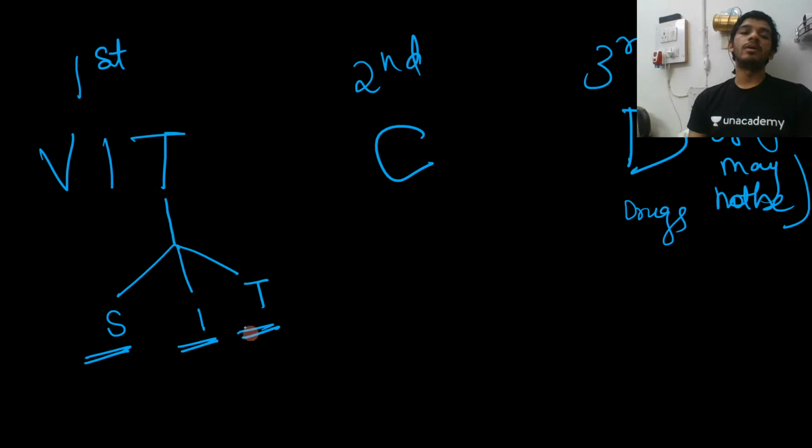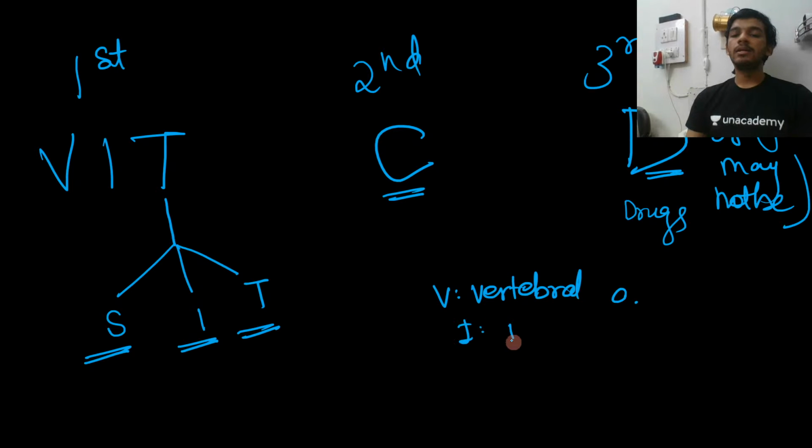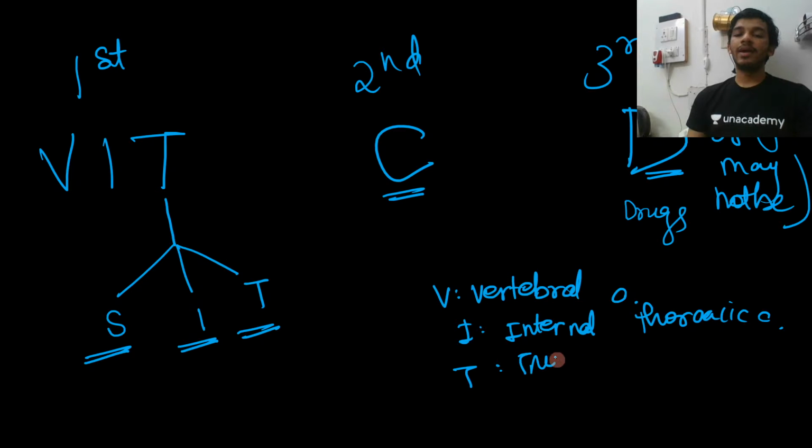तो SIT is the mnemonic that you need to know. PIT, SIT. PIT में T को divide करो, SIT में, इधर C और इधर D. ये V क्या है, C क्या है, D क्या है, ये देखते हैं. V is basically your vertebral, I is your internal thoracic artery, T is your thyrocervical trunk,